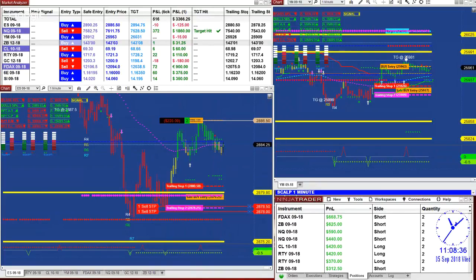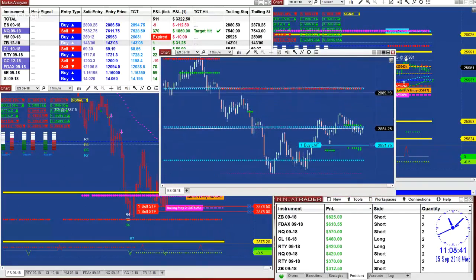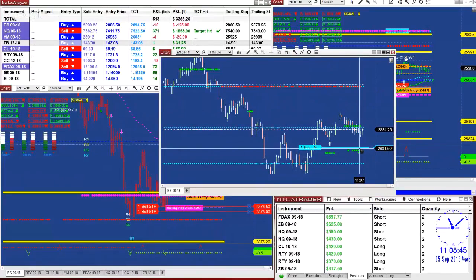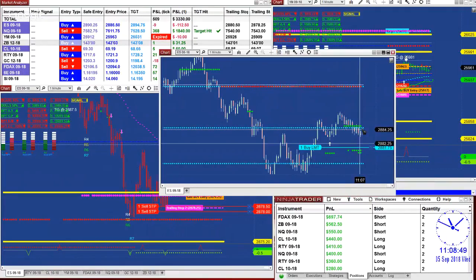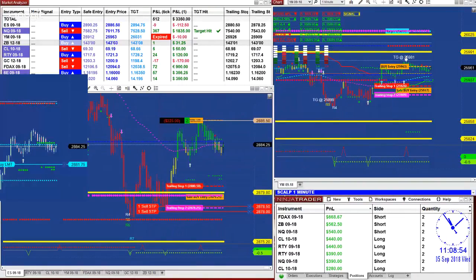I was generous and I give it one more take. My estimation is 8150. I give it one take to get filled. If this ES breaks down to this area, this is the only entry I have. So this ES has a problem